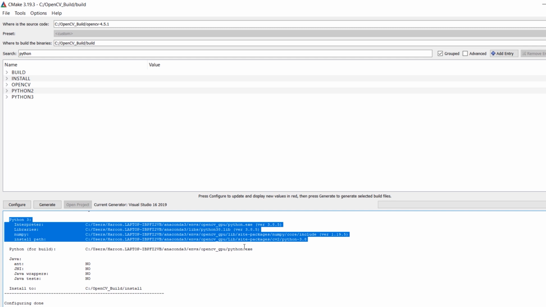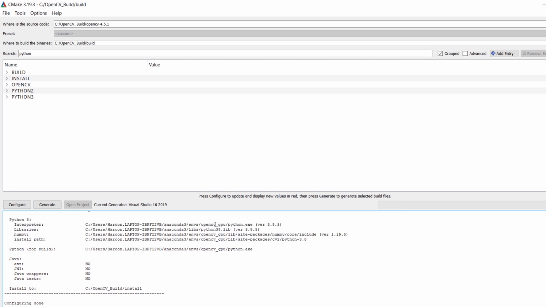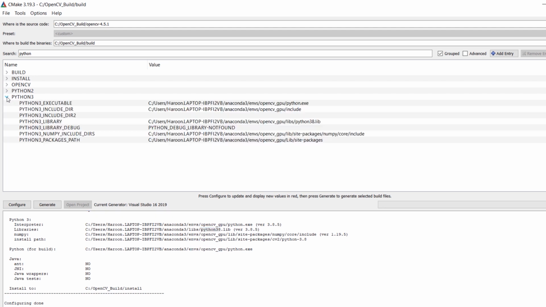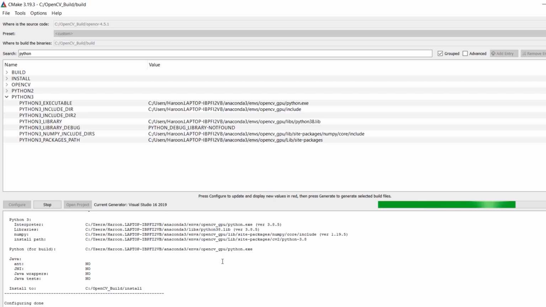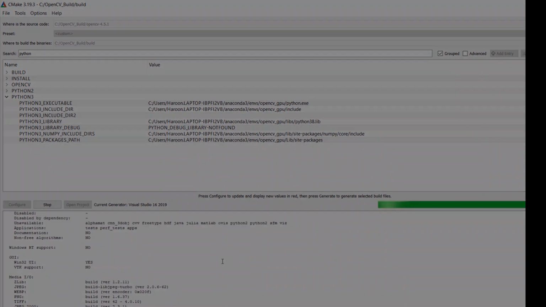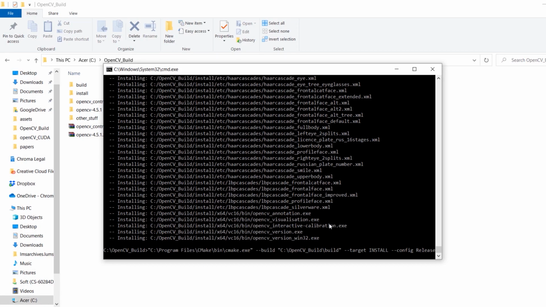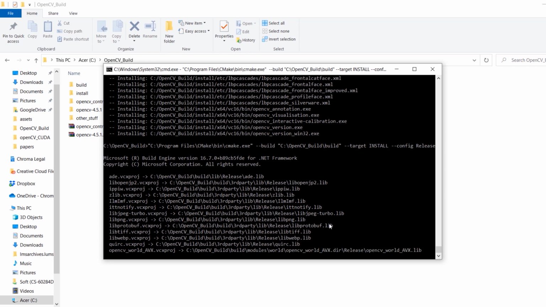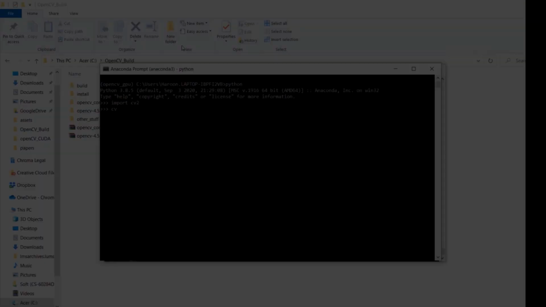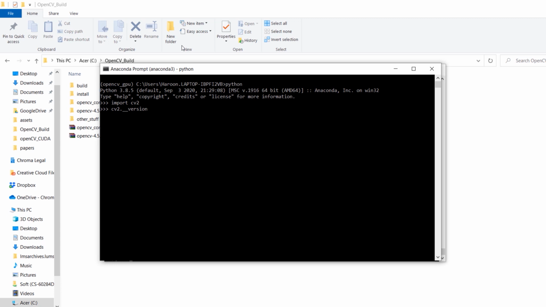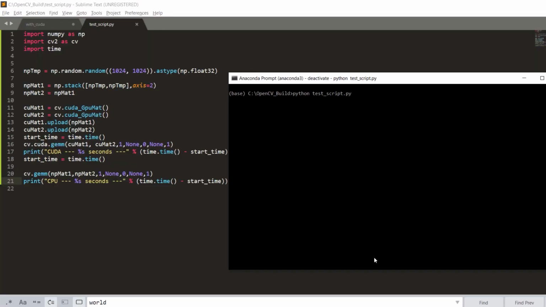Now we need to repeat the whole process of configurations and building and installing. You do not need to make a separate folder for build and install, by the way, and you can just point to the same folders that you used while building OpenCV for the base environment. Once the installation is finished, you will be able to import OpenCV in virtual environment also. I have shared a script in the description which will help you to verify OpenCV GPU acceleration.